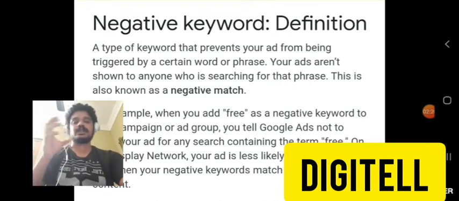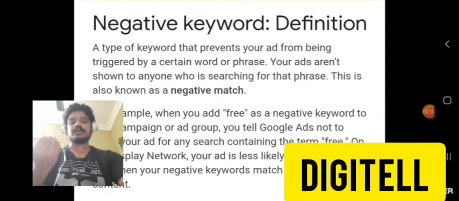And I will give some negative keyword examples. If we are selling soccer shoes, our negative keywords will be rugby shoes, like other sports shoes. So these are all negative keywords. If I am running plumbing works like water leakage, the negative keywords will be cell phone leakages, mobile water leakages, mobile water leakage problems.